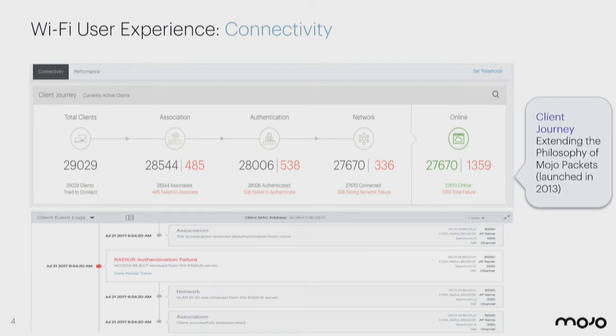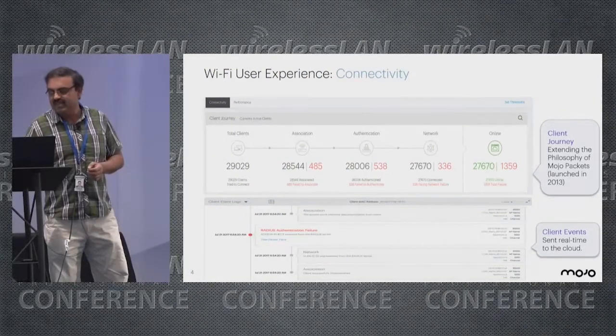The other point I would like to mention is that we provide a lot of useful insights with respect to clients when they connect to the network. What we are calling in your system as client event logs is one of the key things we are using in this presentation today. It has been in our system for the last couple of years. I could not help but notice that one of the vendors also launched it yesterday at WLPC, which is good, but we have had it in our system for quite some time.